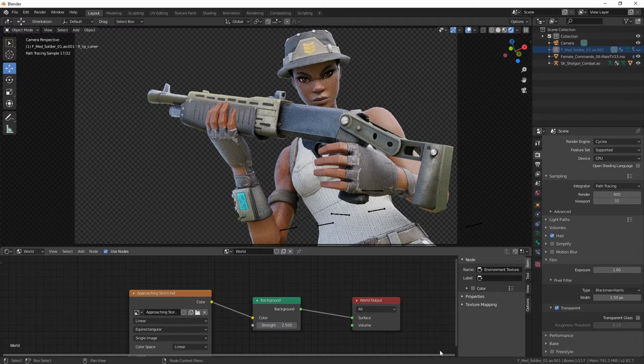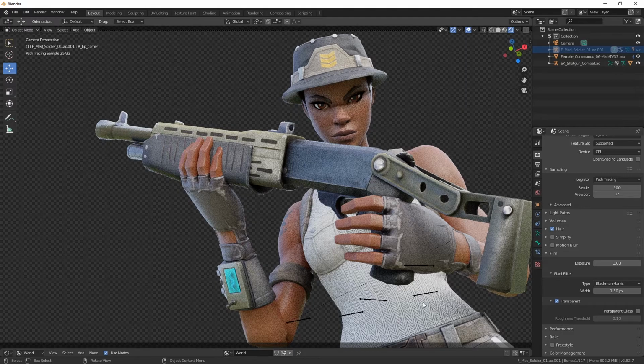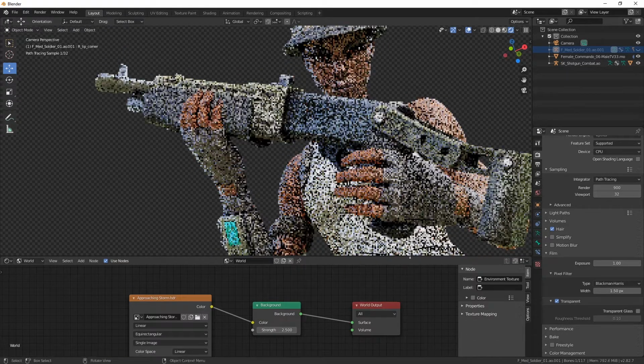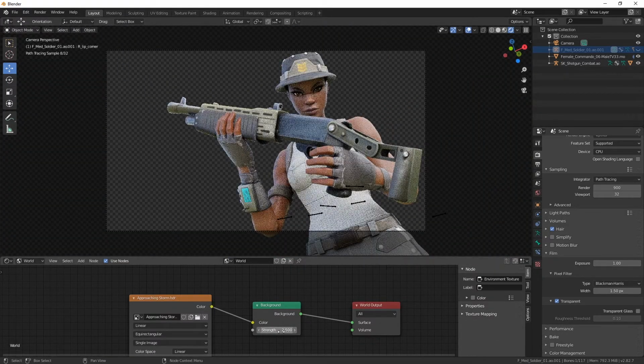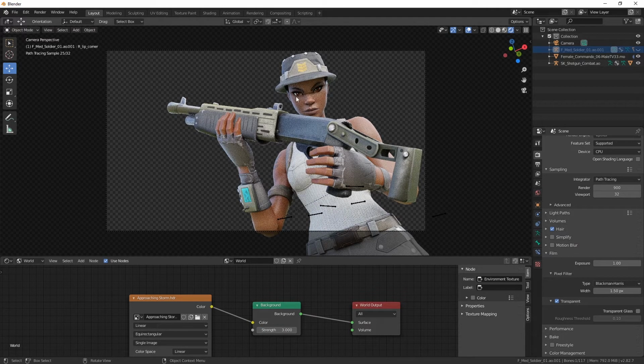And this is about what our render will look like. It's really noisy here just because it's not rendering it fully, but when it does, it'll look a lot better. I'm thinking maybe we could put that up to 3. And I want to get rid of this dark area around her face, so we can go back here